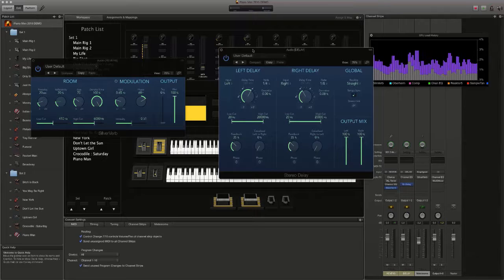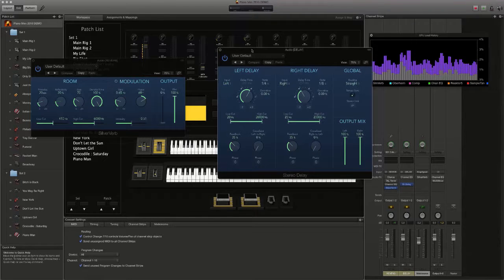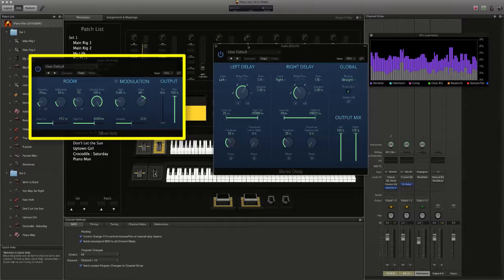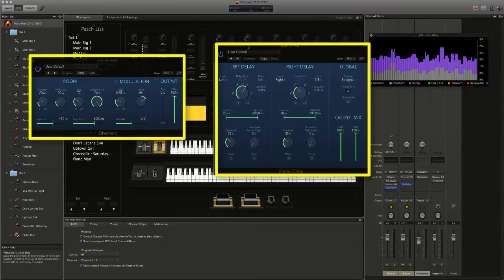I should note that I start with the reverb and delay plugins that I use throughout the session. I place them as aux sends on the concert level patch. This means that they'll show up on every other patch in the session. And I use specifically these two stock Logic plugins, the Silver Reverb and the Stereo Delay, which are pretty easy